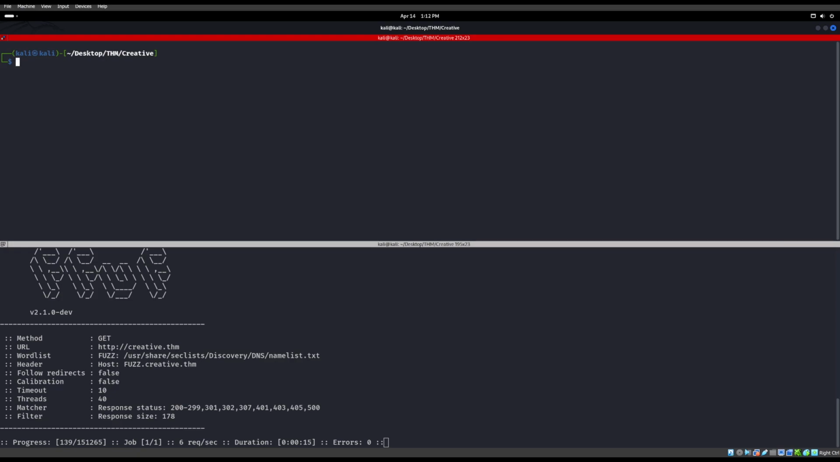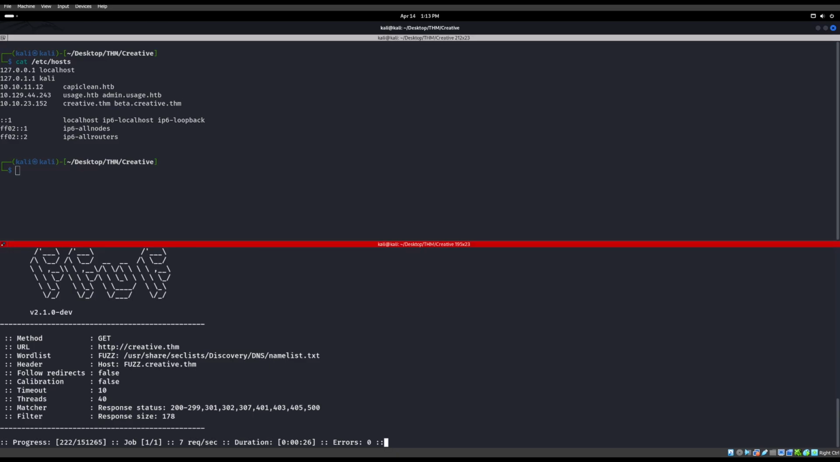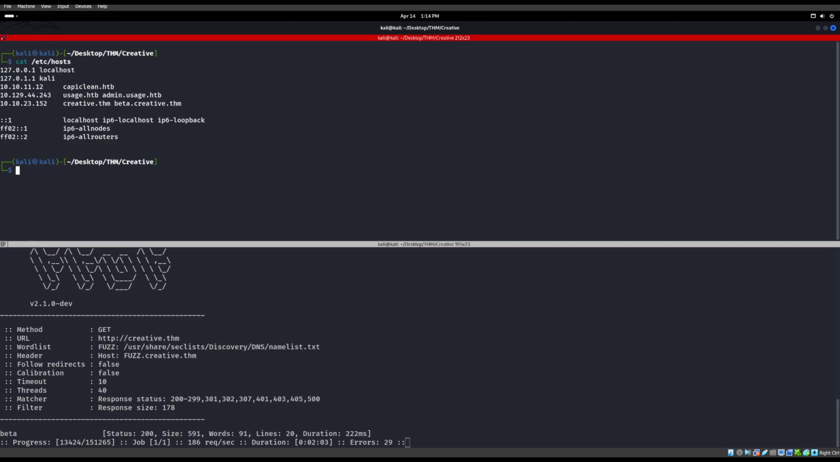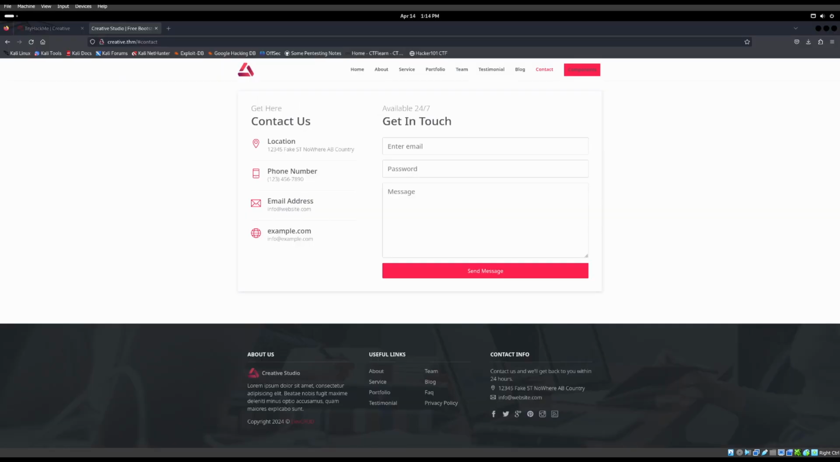Now remember, when you do get a domain name, you still have to put that in your /etc/hosts, just like I have in mine. So if I cat my /etc/hosts, you can see that I also have beta.creative.thm. We should find it down here, that beta one. And once we find that, we'll be able to continue on. All right, so in the 13,000s, we find that beta. So we go ahead and throw that into our /etc/hosts, right? And let's go ahead and go to